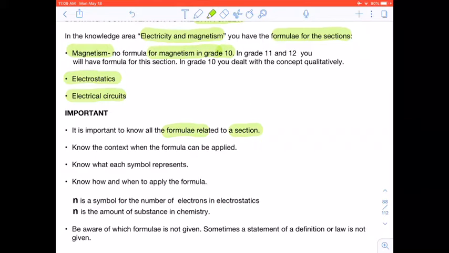So you need to be aware of what formulas are on your data sheet prior to the exam. You also need to know the context, when the formula can be applied. And if you know when the formula can be applied, then that means your understanding is a bit more